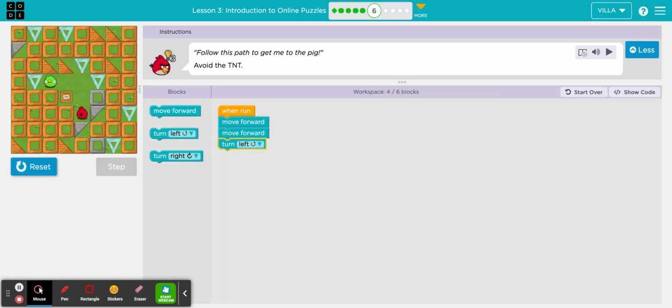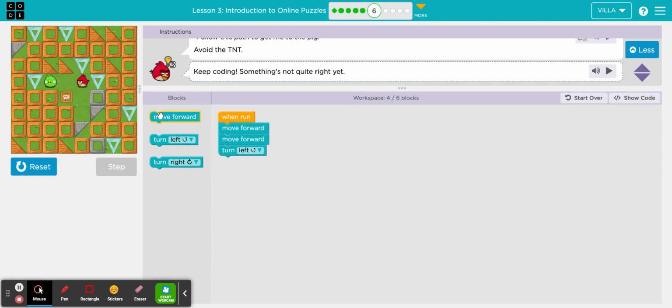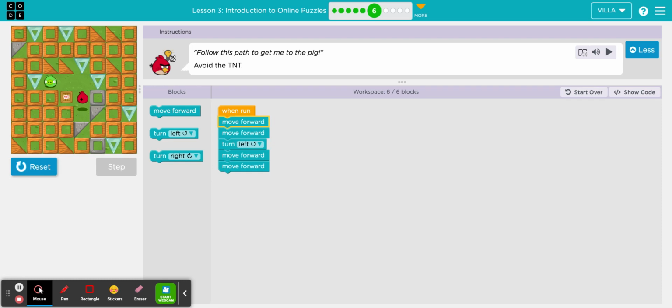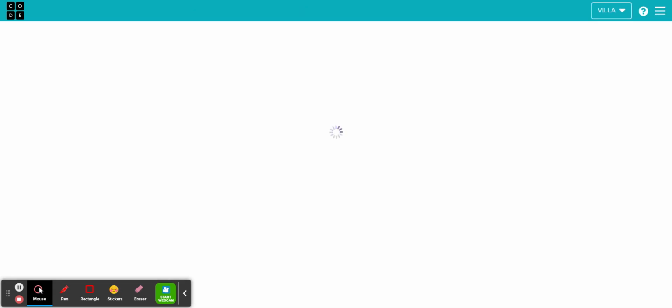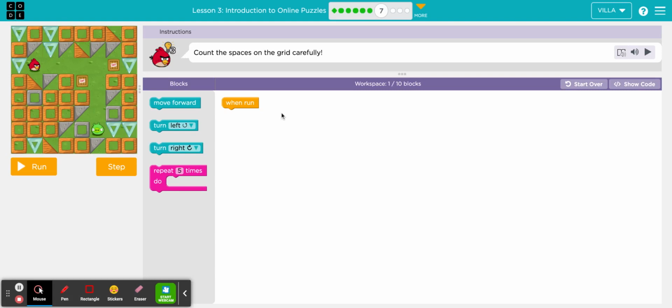Click Reset and Run. Watch him take the 2 steps, and then he's going to turn in the direction of the pig. Look at his eyes. Now he's ready to go. He just needs to take 2 more steps. And by adding these last 2 blocks, we are now at a total of 6 out of 6. Reset it, run it, and you can watch the bird get the pig. Click Continue when you are ready. Here we are at puzzle number 7. So we have a 10 block limit,